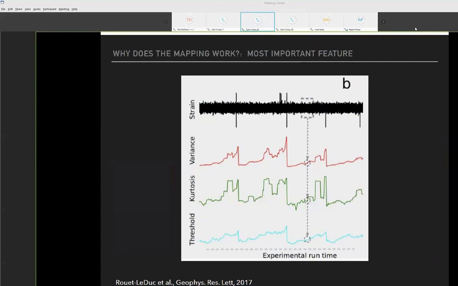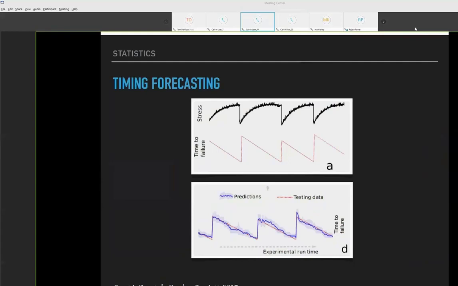So these three features, plus about 7 others, allowed us to make the mapping that I showed you in the previous figure. So there's no magic here. It's just that the machine learning procedure allowed us to discover the features that were important and showed us what features were important. At which point we can ask, what are the underlying physics that are responsible for this? Next slide, please.